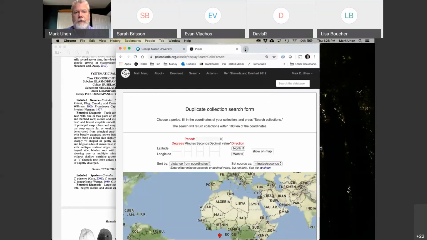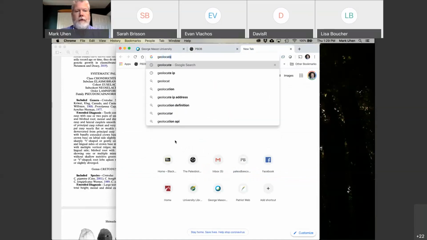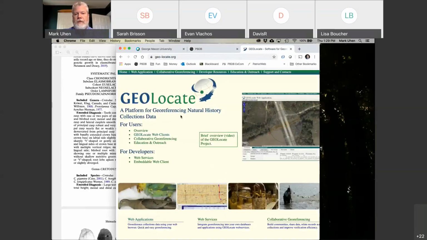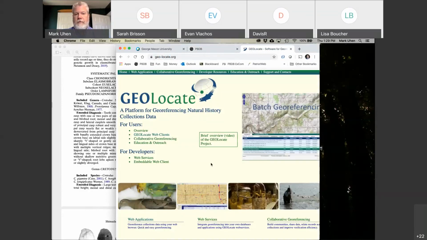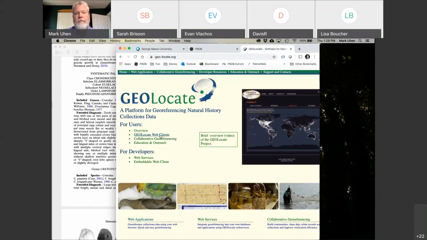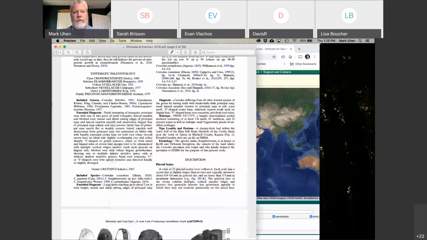So I'm going to open up a new window here and go to, if you've never heard of this, my favorite geolocation site, called Geolocate. It was actually created by natural history types for natural history types. And this is really great at finding places on the planet when you just have a verbal description. So you go to Geolocate, click on Web Clients, Standard Client. So now this place is called Tipton,